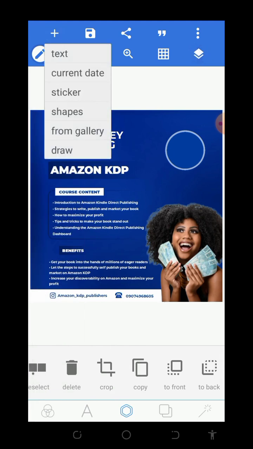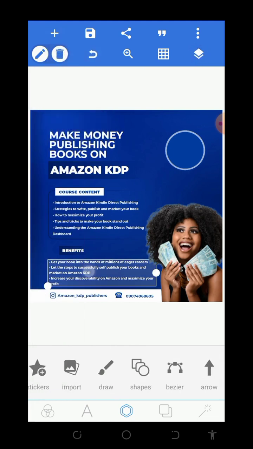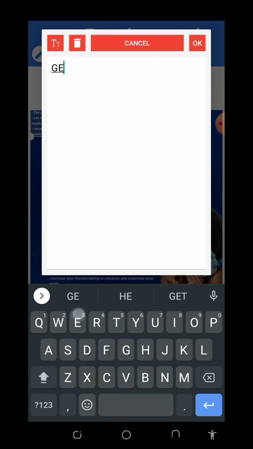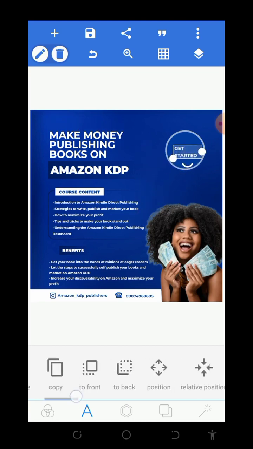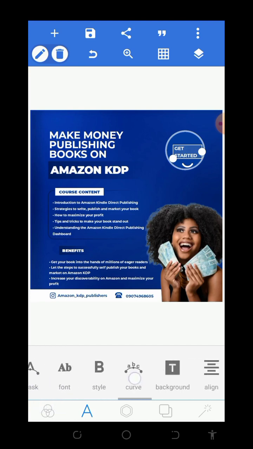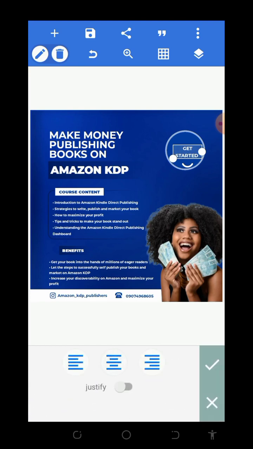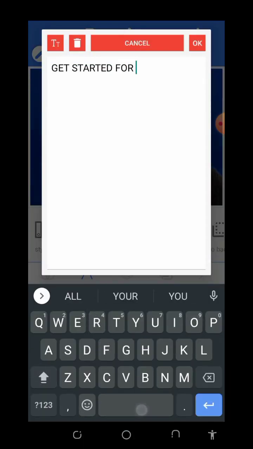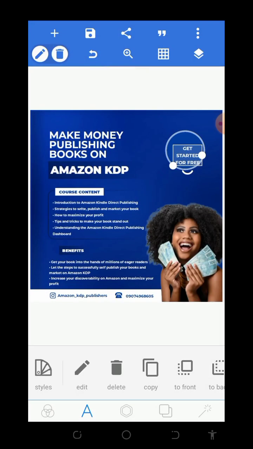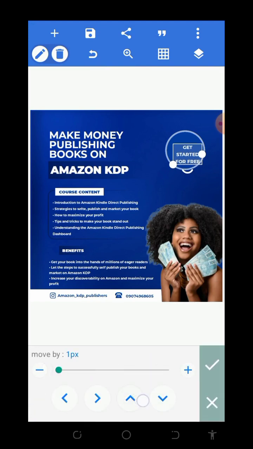So go back to text. Let me just copy this, edit. So go back to get started. So this is it. Increase the size, then I'll put it at center alignment. So click on align, then center align. So let me just add for free. So get started for free. Okay, then try to put it in the circle,